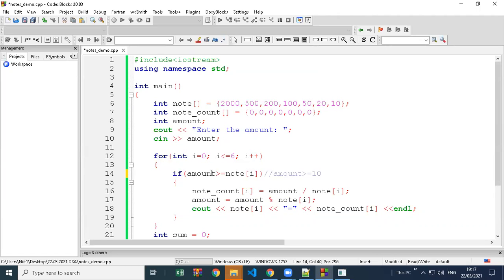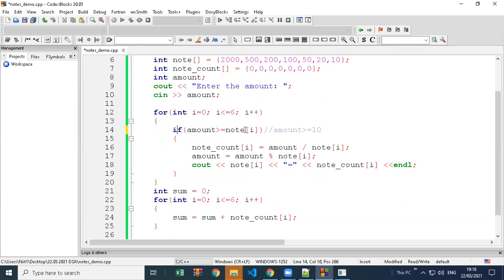And we have the same if logic which we added earlier: amount greater than 2000, amount greater than 500, 200, 100, 50, 10. So everything is added in the array, and this value we are taking from our array. In short, we are creating the same 7 if blocks here, but because of the array and loop, we don't have to write the if block 7 times, which is reducing our number of lines. The number of comparisons is the same, but the number of lines is reduced here.